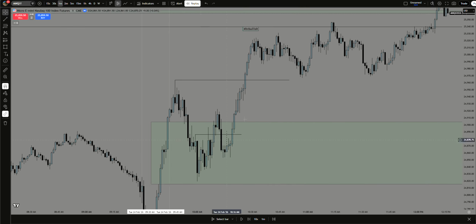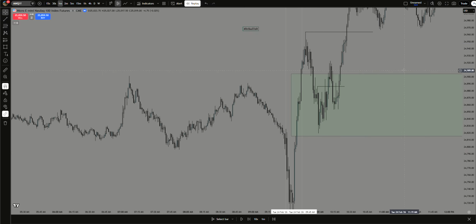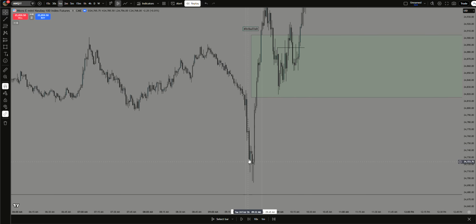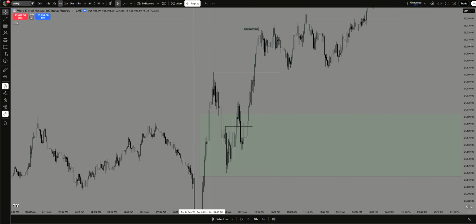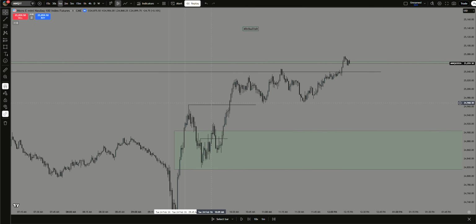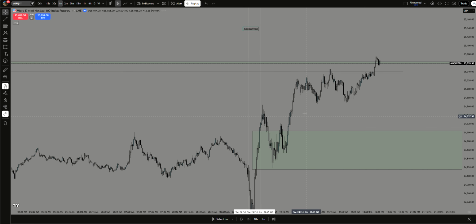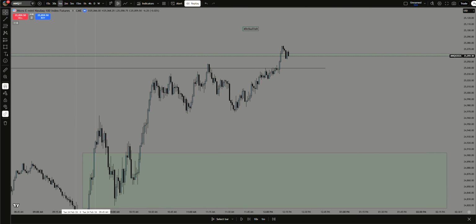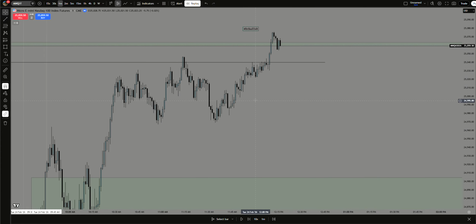Basically a 5-minute continuation trade after a 15-minute push down and then completely reversed and came all the way back up. It was just a continuation of the higher time frame trend, and a lot of times you'll see more success if you go with the higher time frame trend and not playing the pullback, because you got some people, right, because it works. But if you're in a strong bullish narrative,